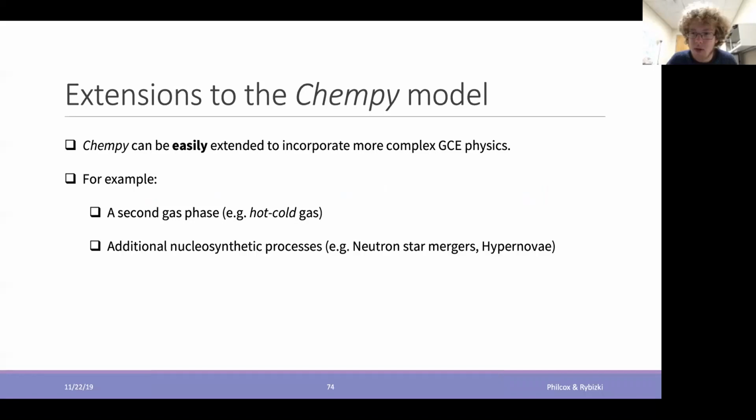Chempy can be easily extended to incorporate more complex physics, for example, a second gas phase, something like a hot gas and cool gas phase in principle, or additional nucleosynthetic processes. And I'm thinking of neutron star mergers, hypernovae, or exotic types of supernova type 1a, or other supernova type 1a channels, which have different nucleosynthesis and are not taken into account yet.